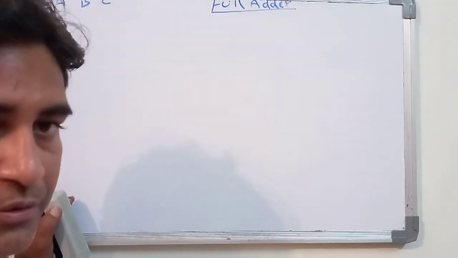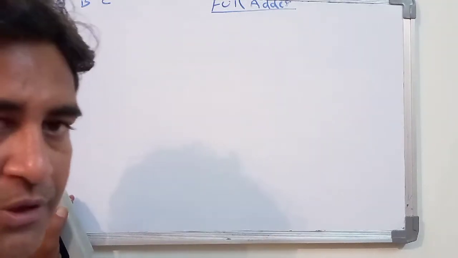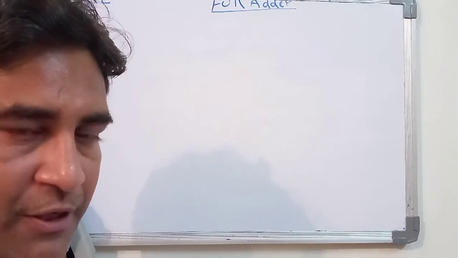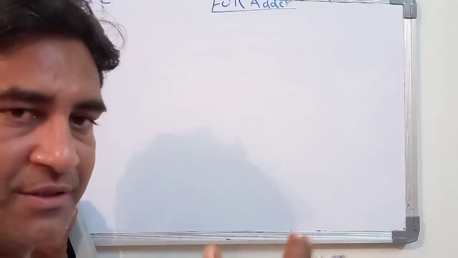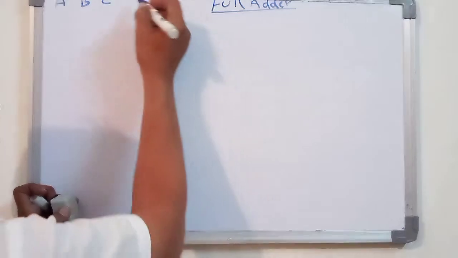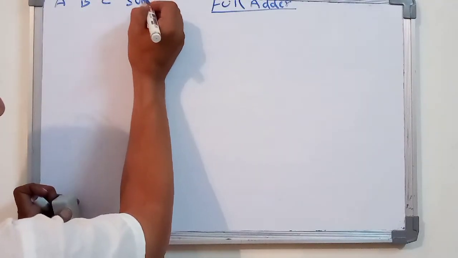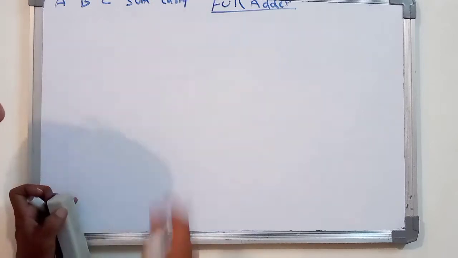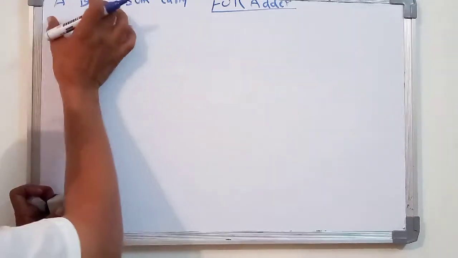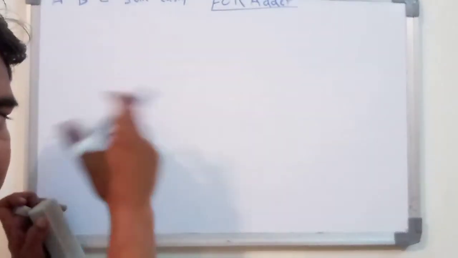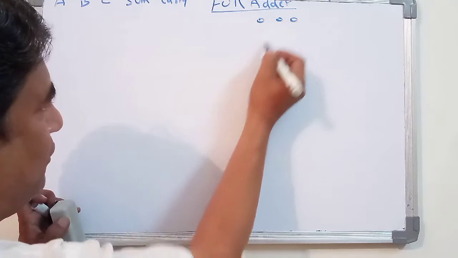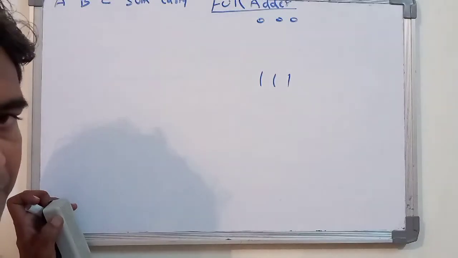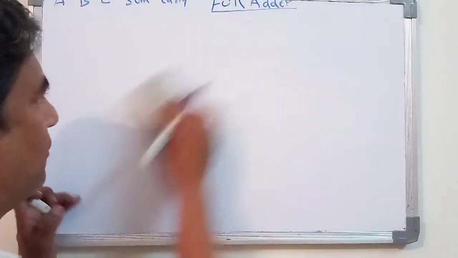We don't know the values, but you know the addition. In a previous class also I told you, in an addition we are getting the value as a sum and a carry. So you may write down here sum and carry. Now the variables, that is A, B, C, starting from 0 0 0, at the end you will be obtaining 1 1 1. This table you have to design.